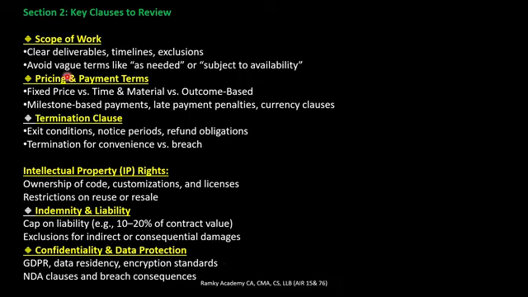So the key clauses here: scope of work is a very important thing, and it should be defined by the delivery team. This is the responsibility of the delivery, how they are using the resources or skill set of the resources, and what milestones they can deliver based on the requirement of the scope given by the customer. These kinds of critical elements will be defined, reviewed, and approved by the delivery team. The same will be included in the contract.